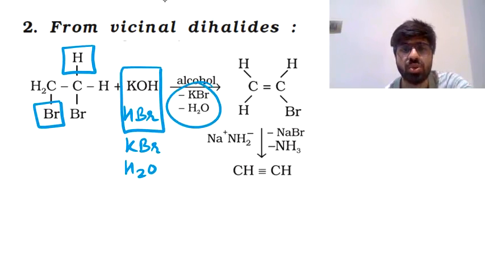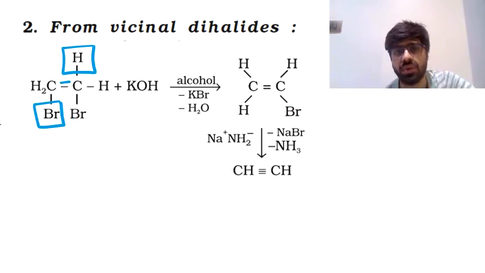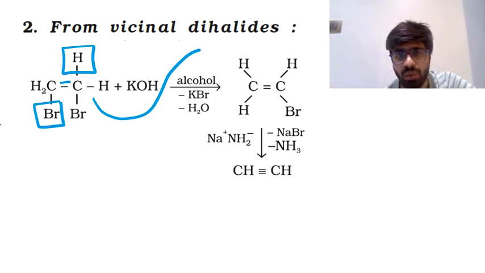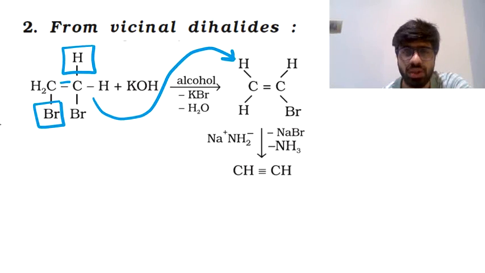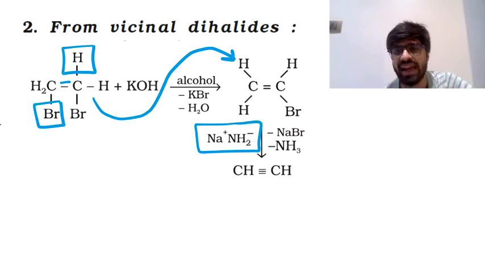So KBr and H2O are going to get formed in this reaction, and after bromine and hydrogen come out from here, there will be a double bond getting formed between the two carbon atoms here, and that very compound is something you can see here. Okay, now alcoholic KOH is not a base which is very strong to create dehydrohalogenation one more time. So if you want to carry out the dehydrohalogenation once again, then you need a stronger base than alcoholic KOH, and that stronger base will be NaNH2.